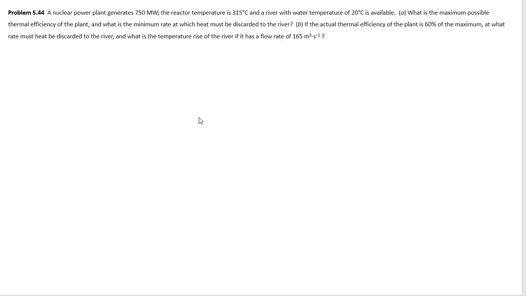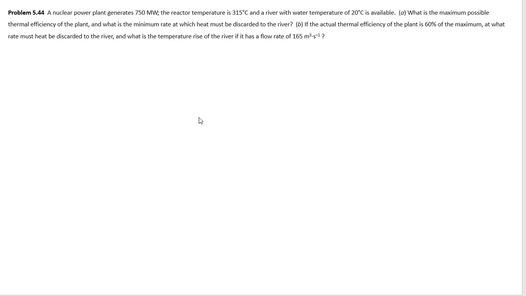This is problem 544 in the back of your chapter. Here we have a nuclear power plant that generates 750 megawatts. We're told that the reactor temperature is 315 degrees C, and we have a river water temperature of 20 degrees C. First thing we're asked to find: what is the maximum possible thermal efficiency of this power plant,